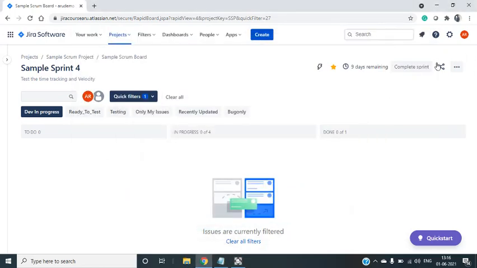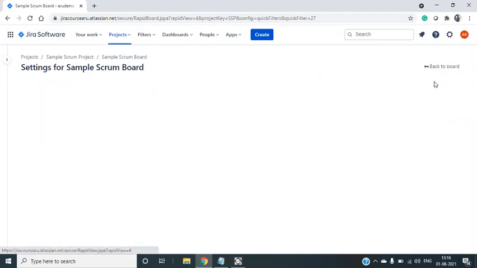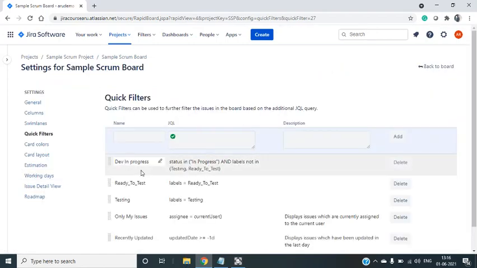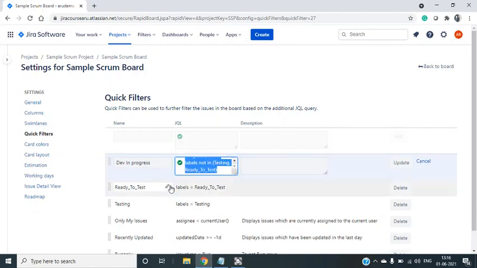We'll go and update the quick filter. How can we do that? Go to the board setting. Here we have an edit option. Just replace it with the new query and update.